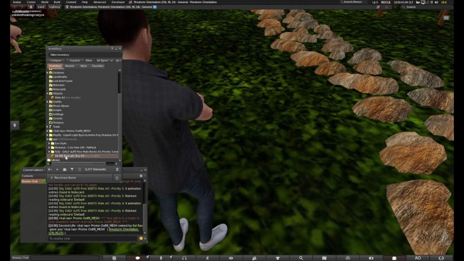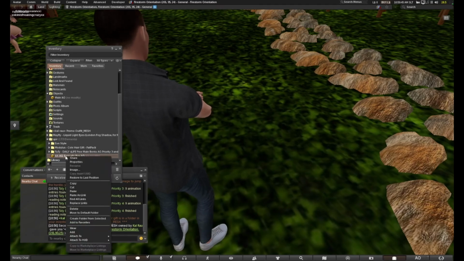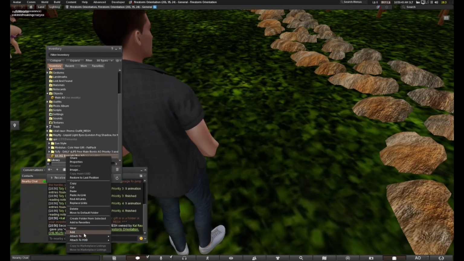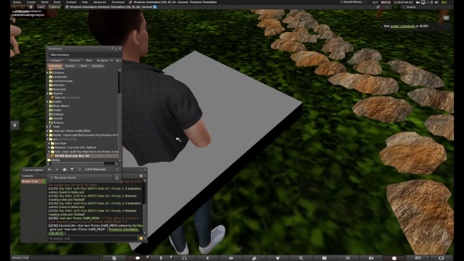You can't do that if you're wearing the item. So keep that in mind. And we're just going to right click and choose add. Add is very important. If you choose wear, whatever is attached to that specific, wherever this is going to attach, if you choose wear, it'll remove everything that's there. So choosing to add, we'll add it to,